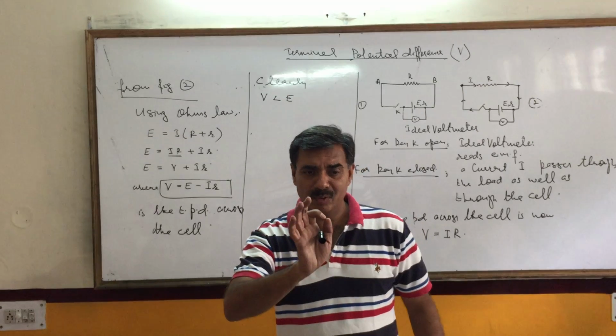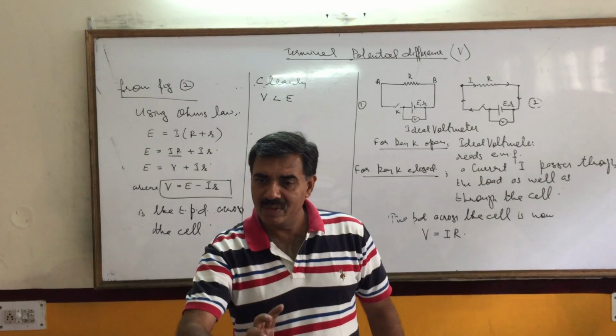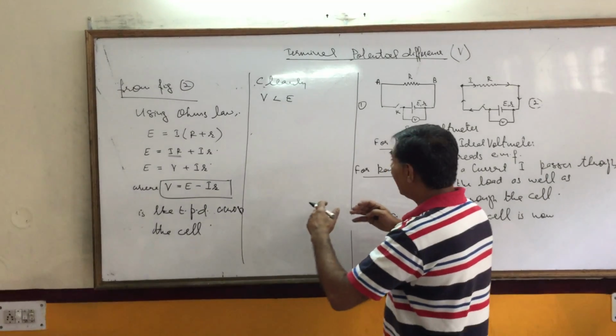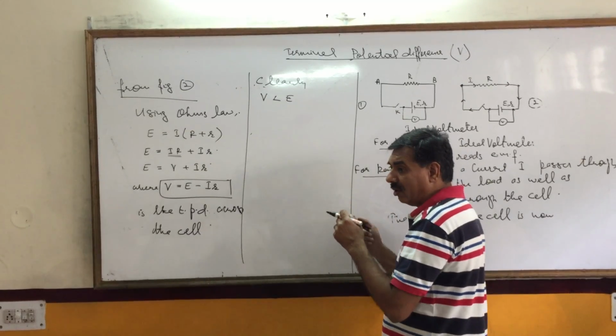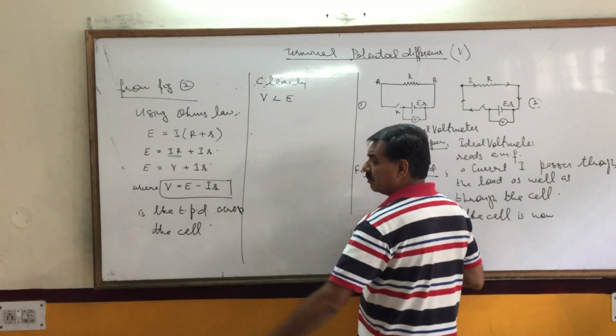Once again, the potential difference across the cell and the load resistor, when we are drawing a current through the cell, is the same. You can either calculate it by I into big R or calculate it by E minus Ir. V is less than E. This is because